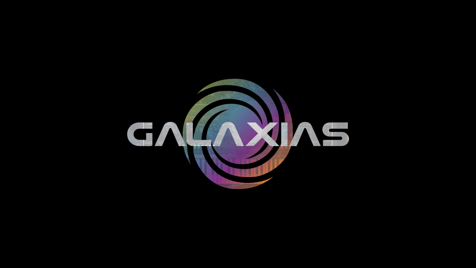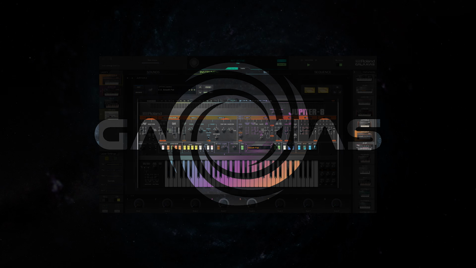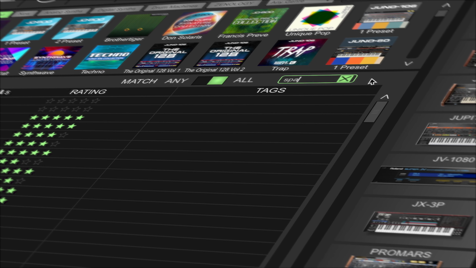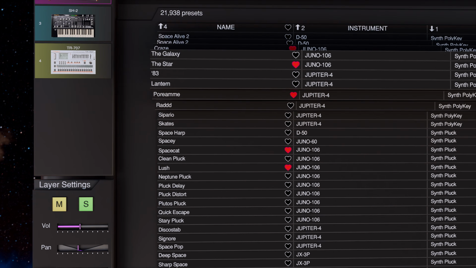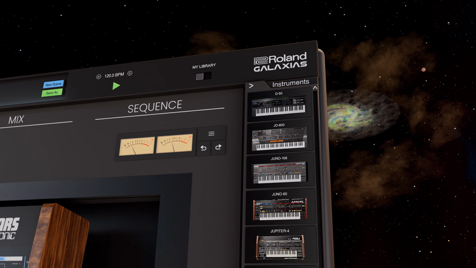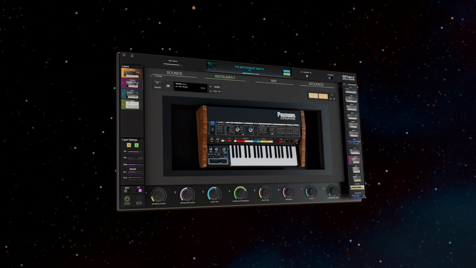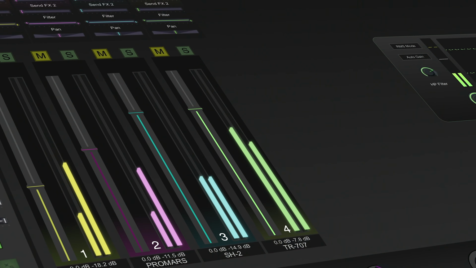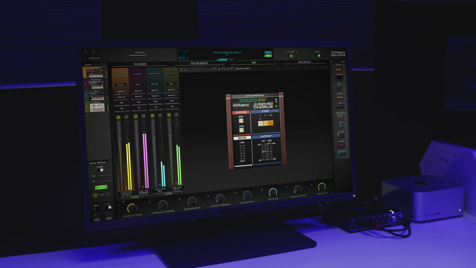GALAXIAS brings 50 years of legendary Roland synths and drum machines together into one powerful super instrument. Access thousands of iconic sounds and freely combine authentic Roland instruments from vintage to modern. Explore supermassive GALAXIAS scenes filled with intricate layers and deep macro controls, and discover exciting new worlds with infinite creative